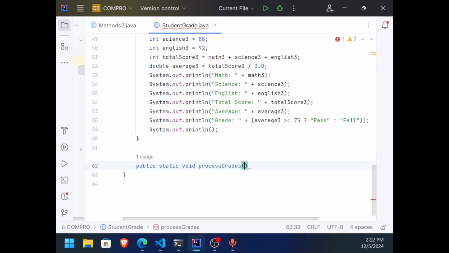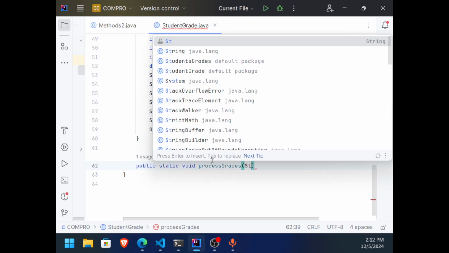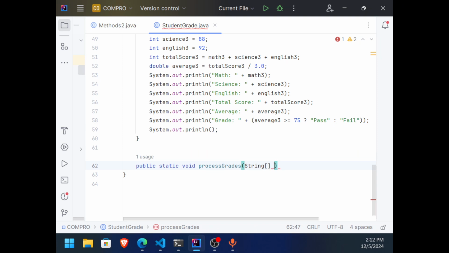This time we have to accept the subject and the grades array. So we can define it like this: String subject and int grades.